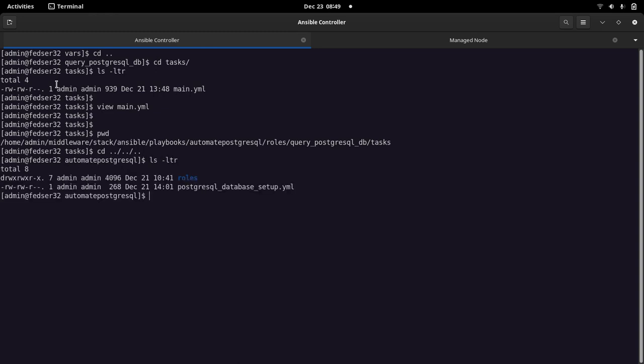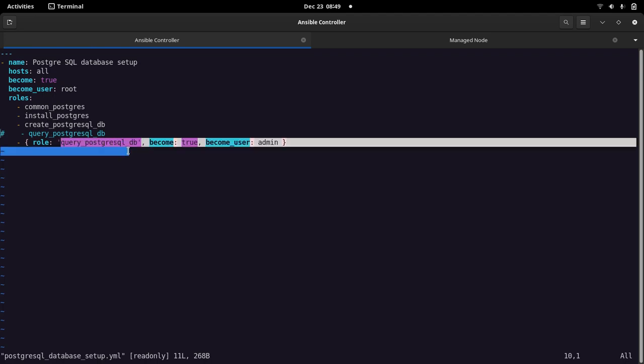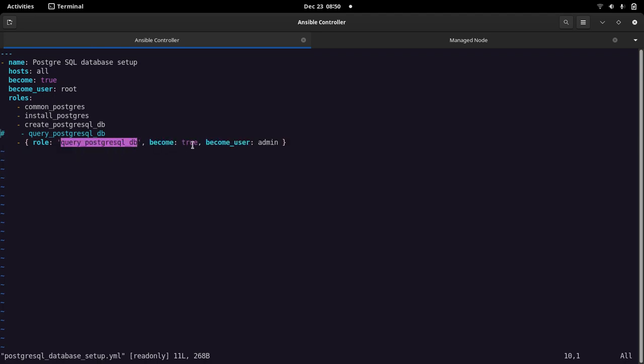We have defined this role query_database, postgresql_db, to be called with the admin user. This is the whole purpose of showing it differently, how we can utilize it.